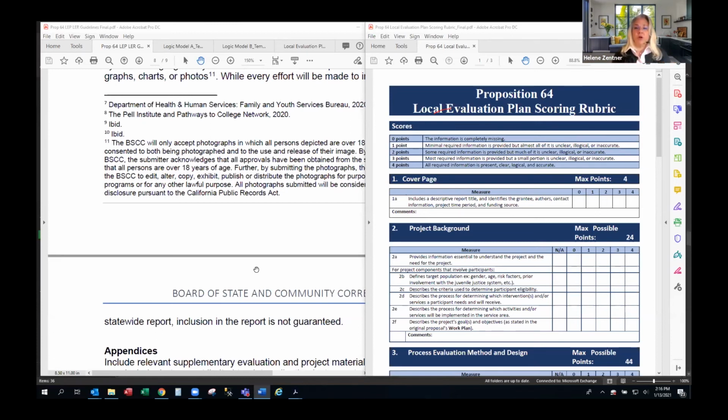You really want to be able to showcase the successes and the methods that you used, so that you have a really good document that you can use, like I said, not only for BSCC funding, but other funding, and how well you run your programs based on your goals and objectives and how you're hitting them. So I know there's probably a lot of type A's out there, wanting to get that A+ exemplary score, but really it's just a guide for us because we want to be able to help you, and that gives us a guide.